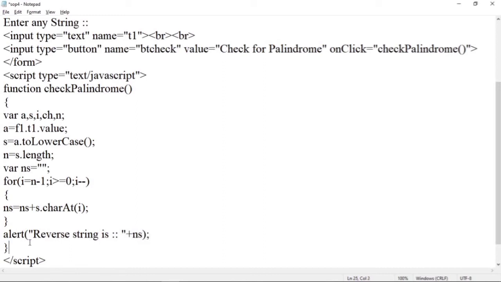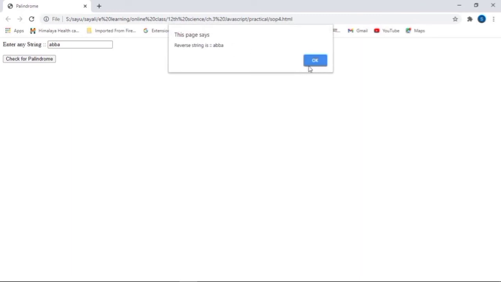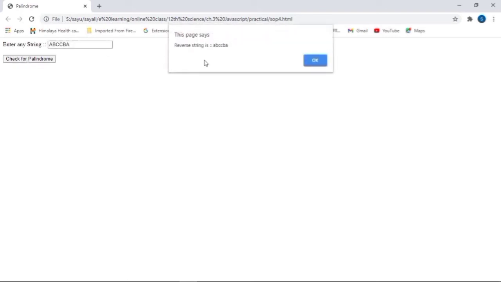Let us first check the output till now. A B B A, so the reverse of it will be A B B A. If we enter a value in capital form, that is A B C C B A, then the reverse of it is again A B C C B A.